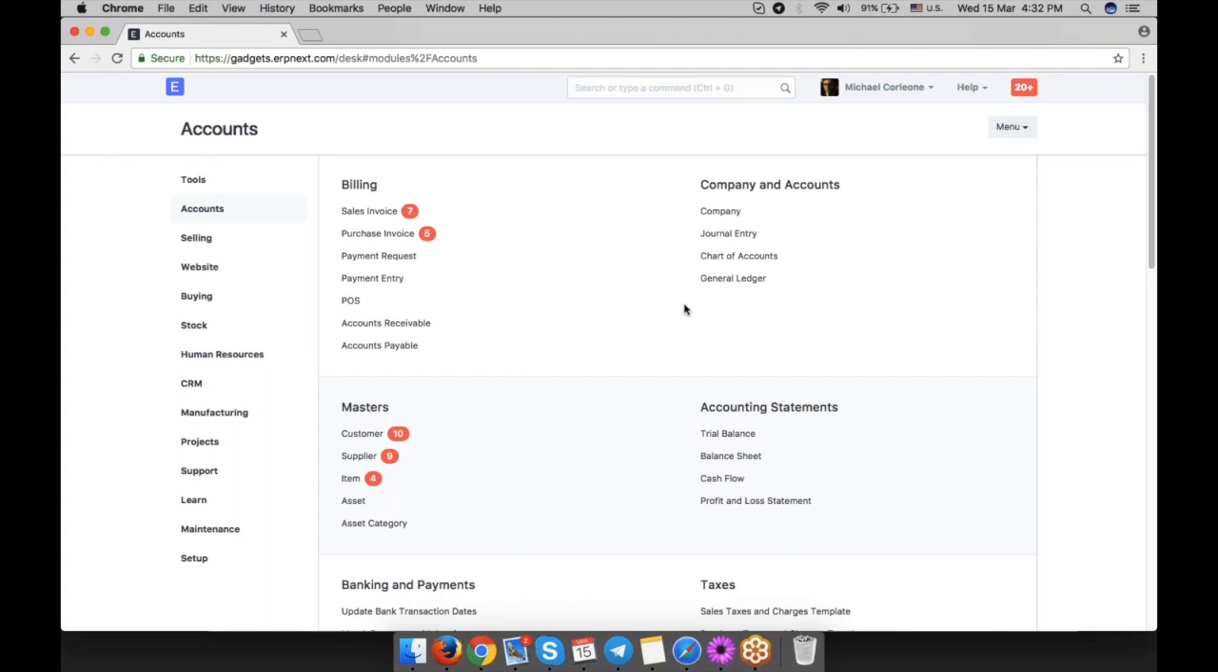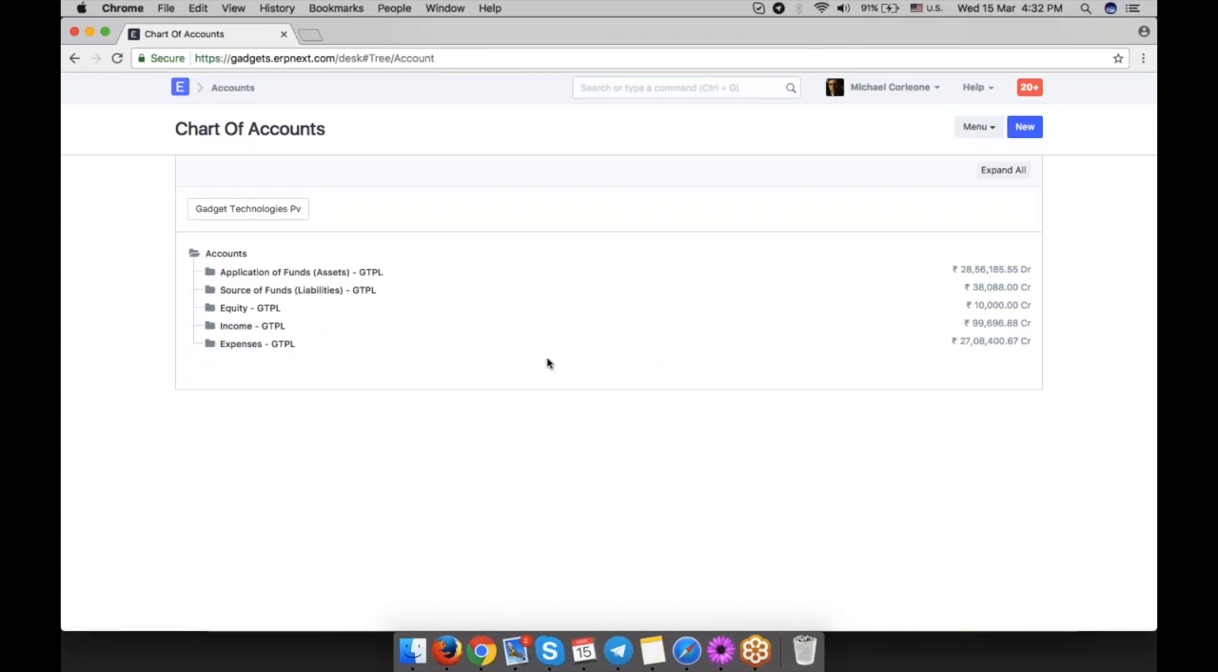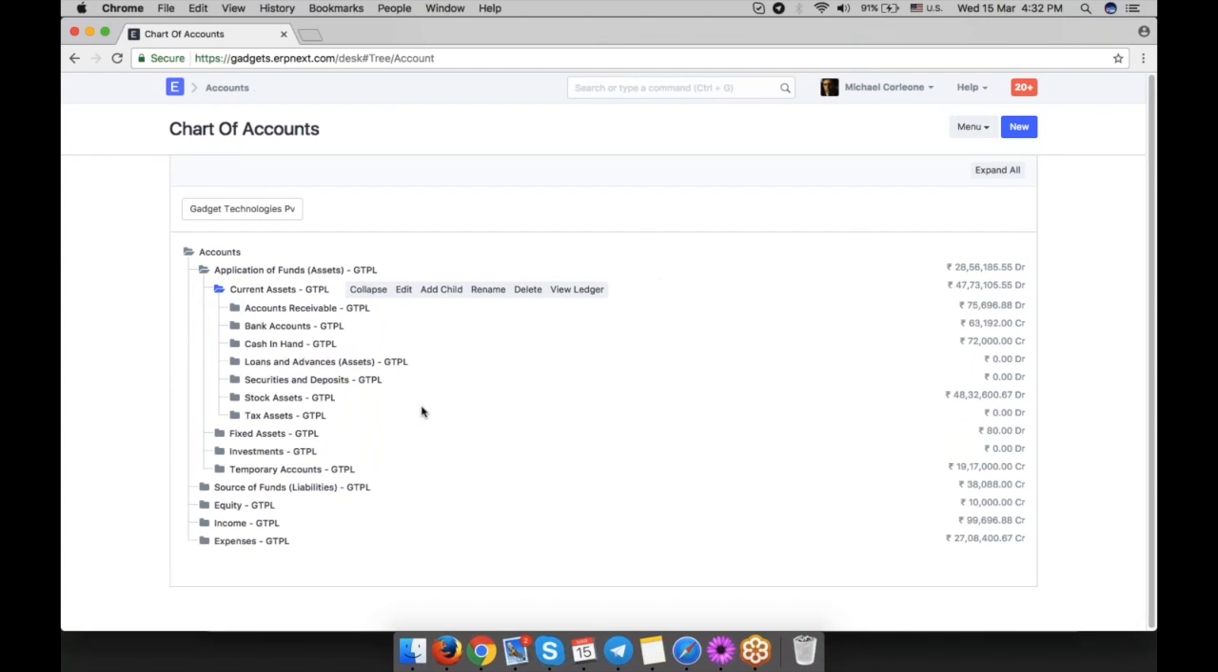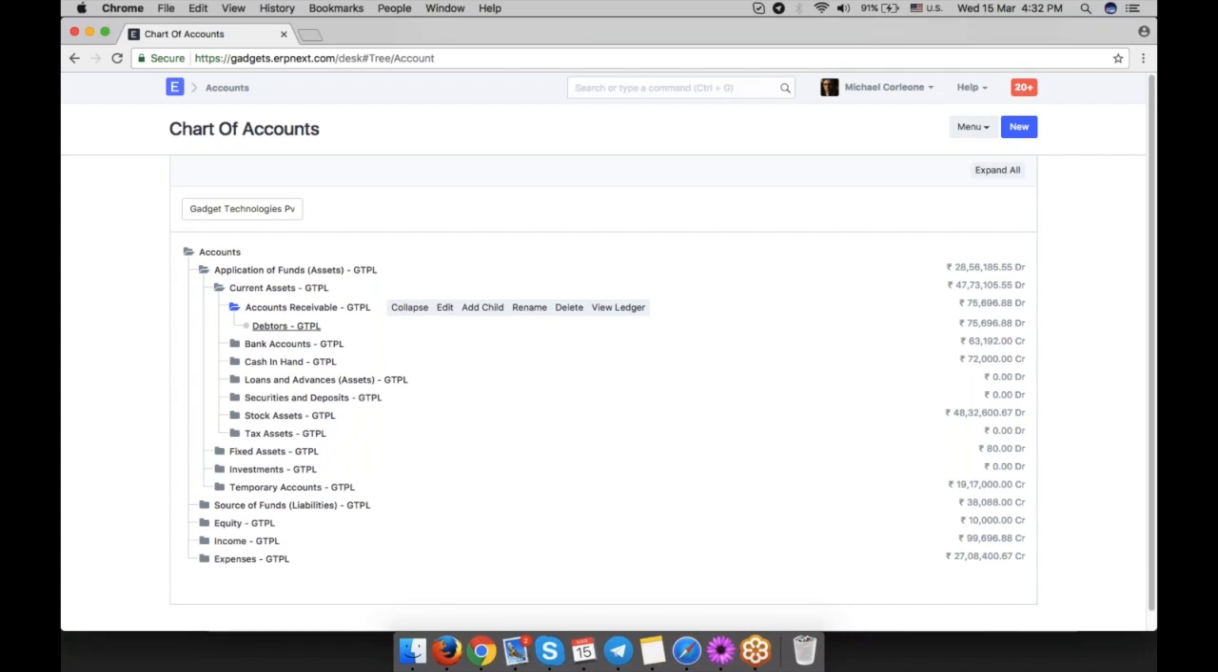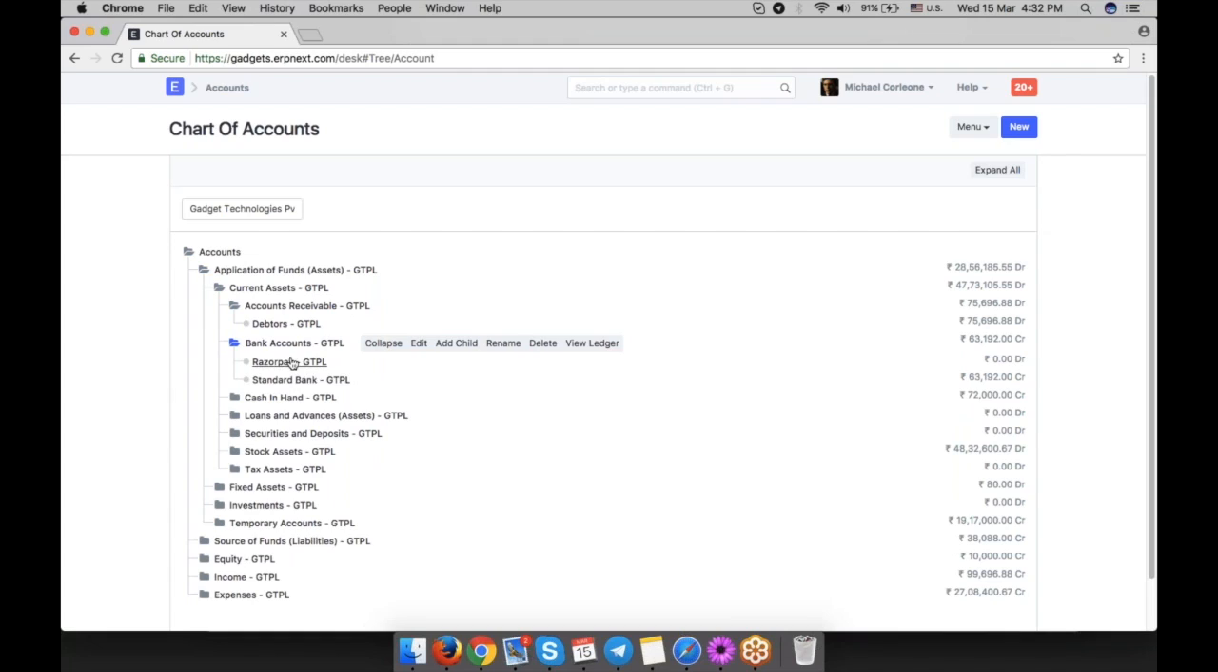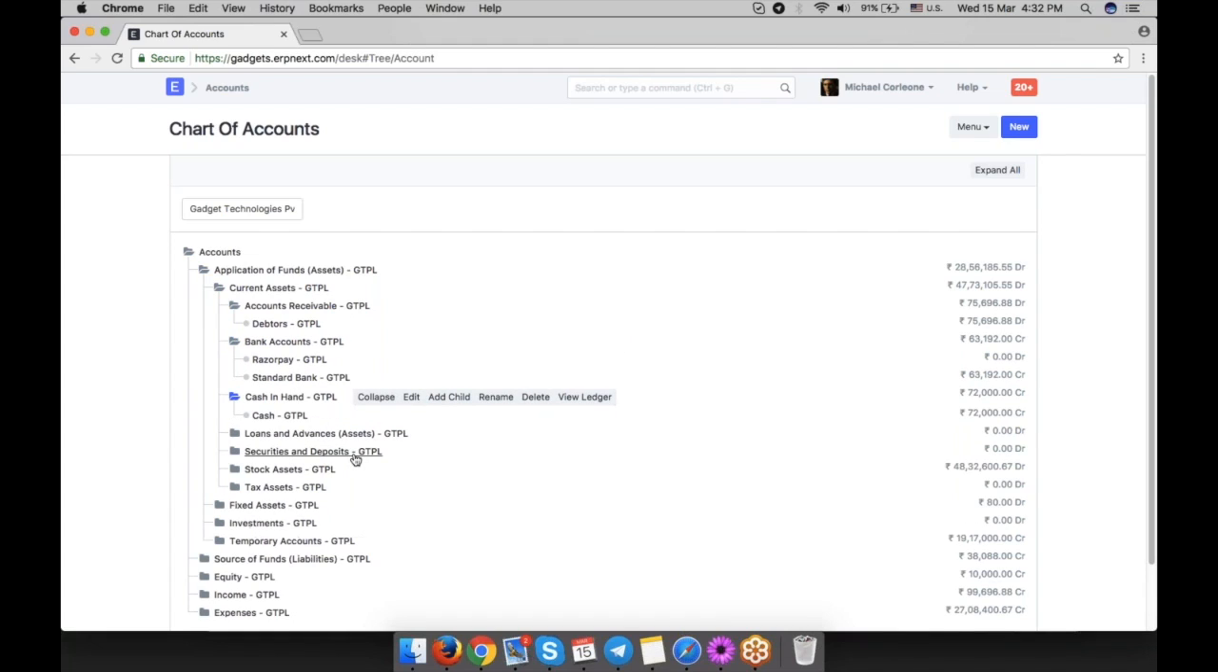Let's get started with the most basic master we have in the accounts module, which is chart of accounts. So chart of account is a master wherein all your accounting ledgers are there. On creation of a new company, a default chart of account is set automatically, and these are the few standard accounts. Also, you define some of the accounts like bank account and tax account at the time of setup wizard